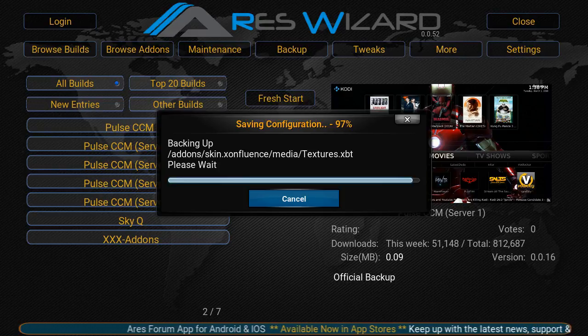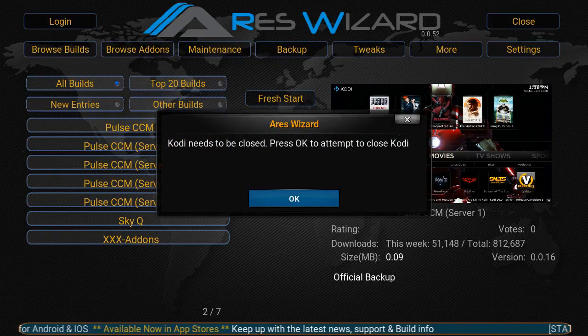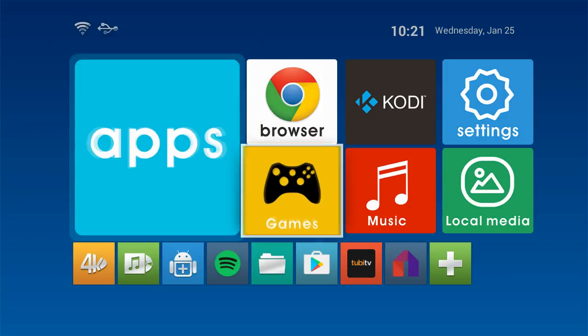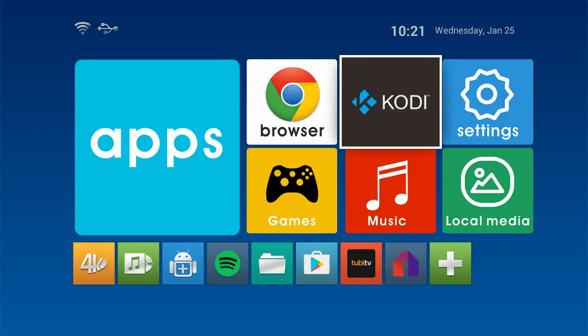Configure it, get everything set up, and then using the Aries Wizard, go to backup and create a backup file. So then that way, if something happens again to your build, you'll be able to recover quicker by way of your backup file. So now I'll go back into Kodi